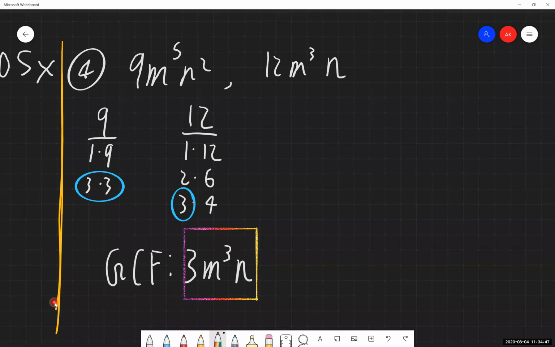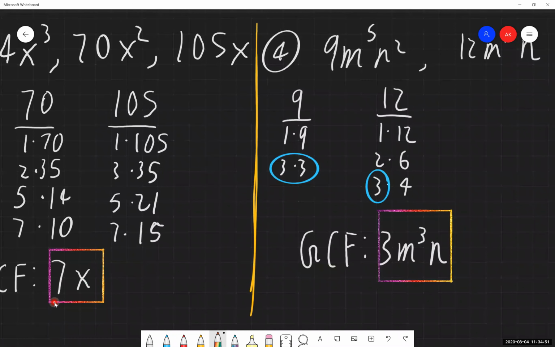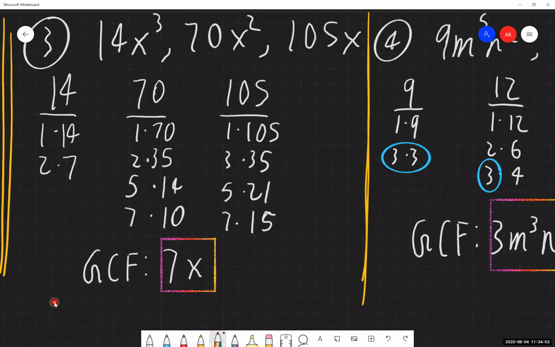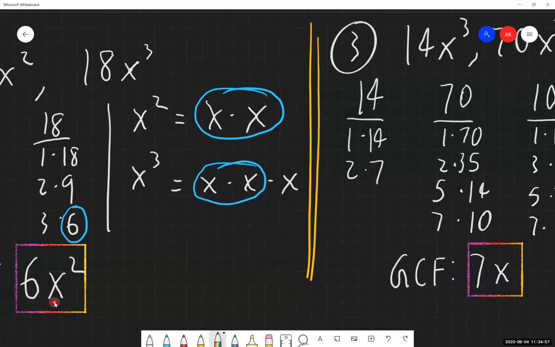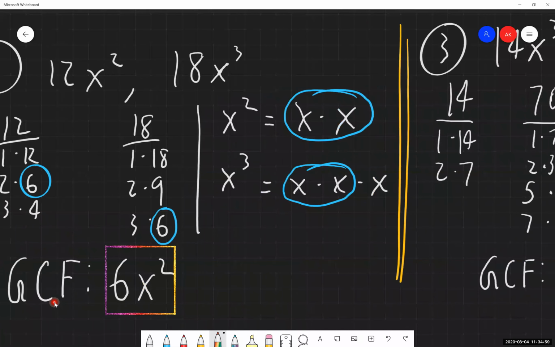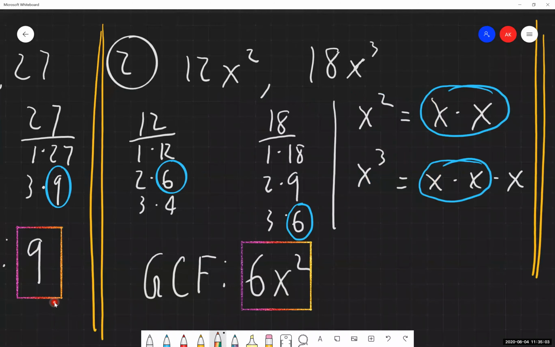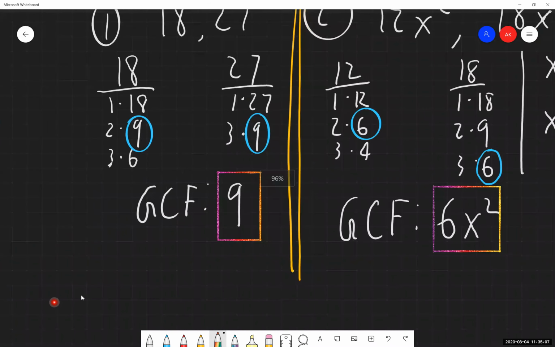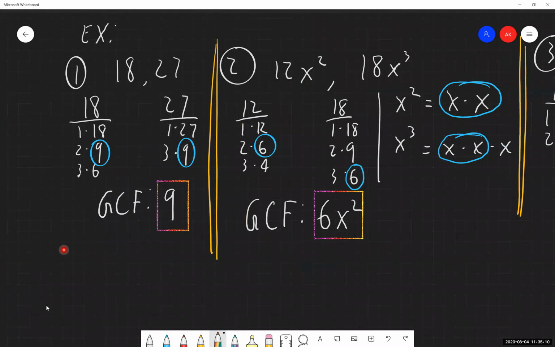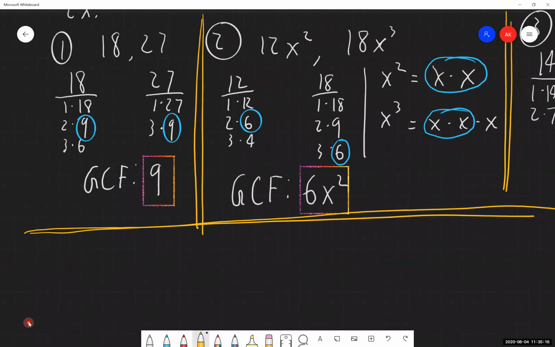So again, this is just a process that you can use. You do not need to use this one all the time. If you do a quick Google search, factoring with the greatest common factor or finding the greatest common factor, I'm sure you'll find any number of other methods that people have come up with to find this. I'm indifferent as to which method you would like to use. You'll find the same greatest common factor, you should at least, with any of these methods.